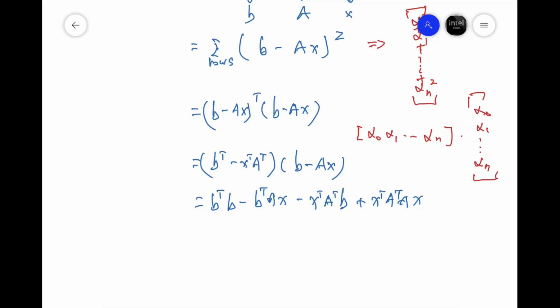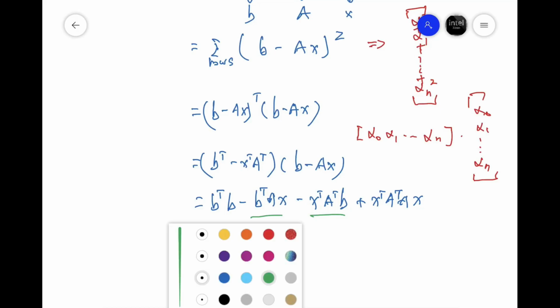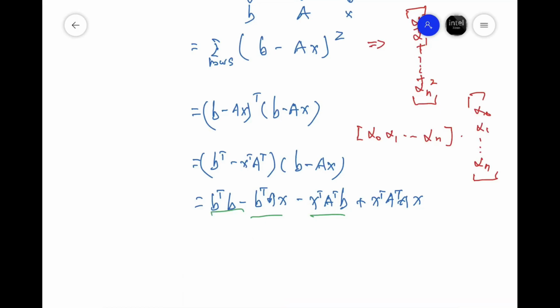Right. So, this one and this one actually is the same. Why? Because in the end, we're just calculating the error term, and the error term is actually just a scalar. And so no matter B transpose B or B transpose times A times X, they all end up in a scalar. And for these two terms in the middle, it's either calculating from the first B times A and then times X, or the reverse way, X times A times B. They in the end end up with the same value. So